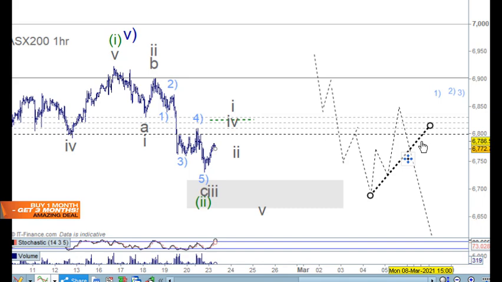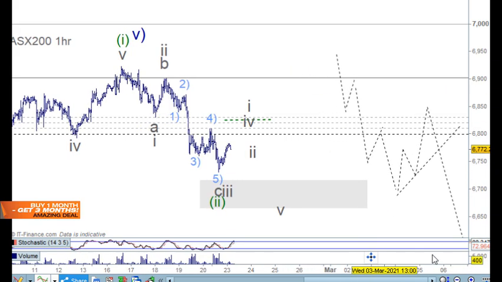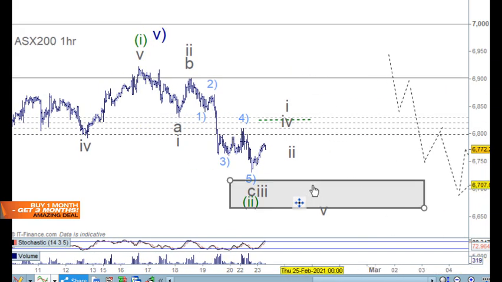So what we'll be seeing is the banks going lower, well, not all the banks, but CBA at least, and resources moving higher. So we need to see if we get this full 5-wave structure down here. Otherwise, we're going to push up from here. So what we could do here is